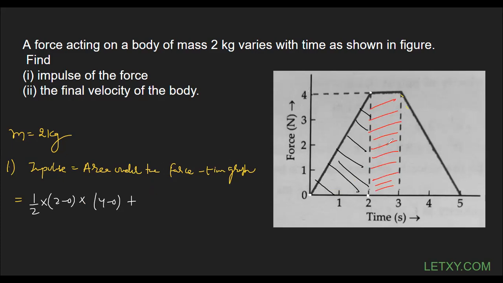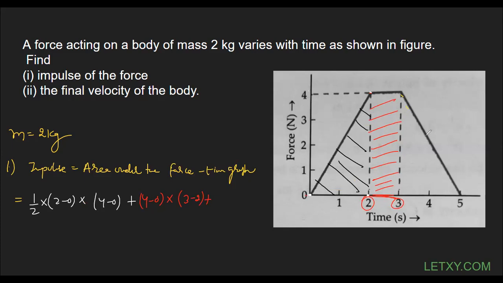And the length in this case is this one, vertical. So this point is 0 and this point is 4. So the length is 4 minus 0, right? Into, and the breadth is this one, this horizontal part. It is 3, it is 2. So it will be 3 minus 2, right?